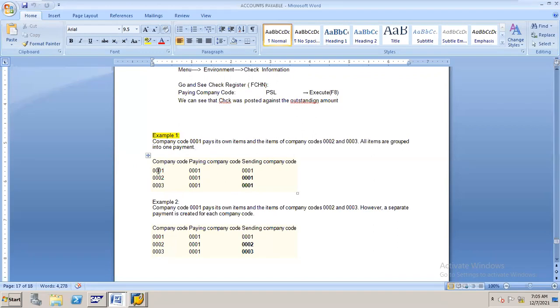In case of the first company code, who is the paying company code? The first company code.